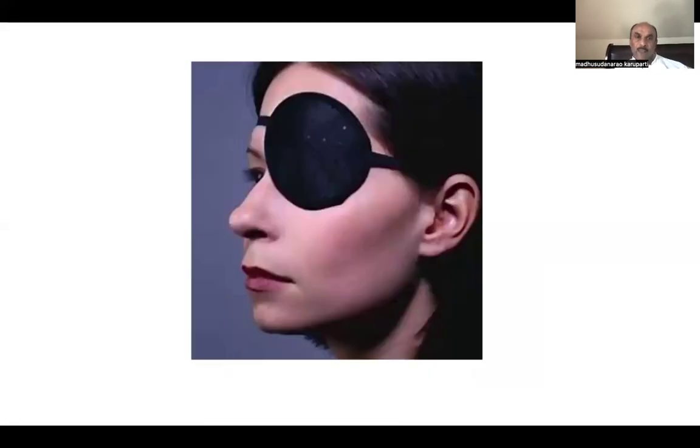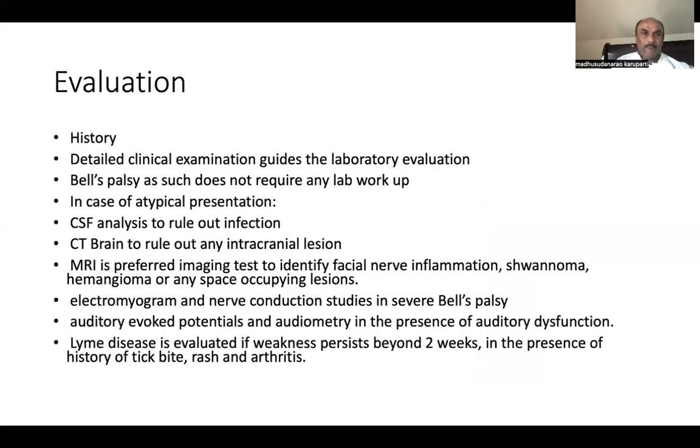This slide shows the patient is taking the treatment. We are providing the eye care, prescribing the eye shield to protect the eye from injury. Well, once the patient has come with the clinical features characteristic of typical Bell's palsy, that means there is paralysis of the upper as well as the lower face without other findings